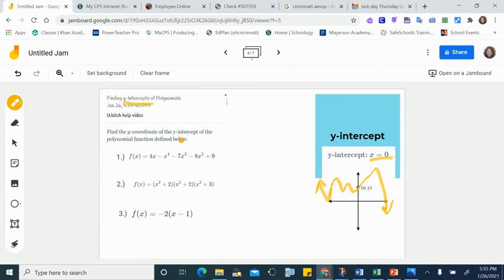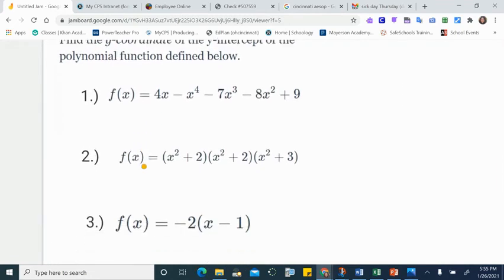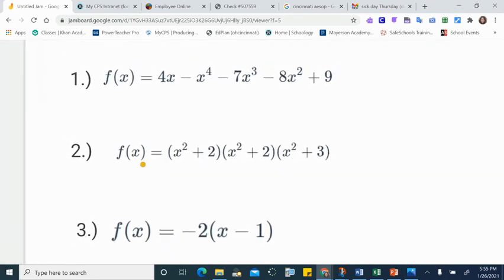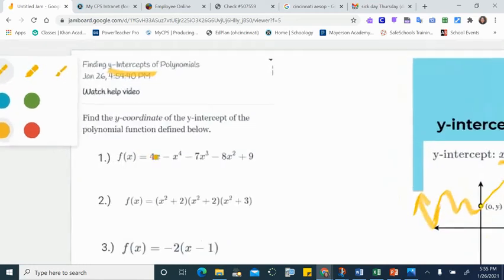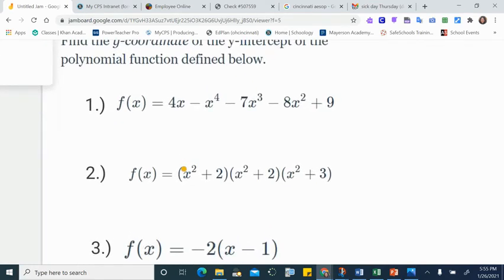So we really only care about the y right now, okay? So since x is going to be 0, we can just go ahead and plug in a 0 for x